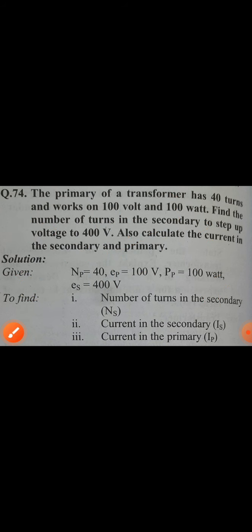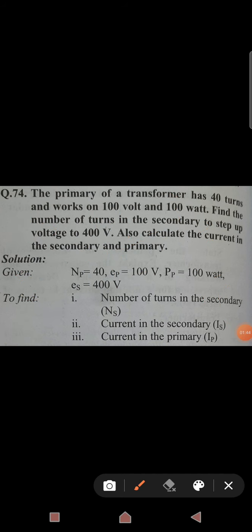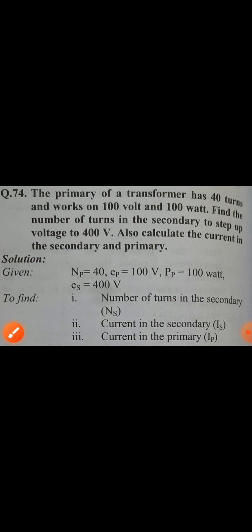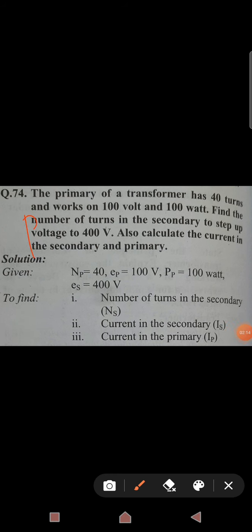While solving the numerical, we should know another formula, that power is equal to EMF multiplied by current. If I am using the power for primary, then I can write Pp, power of primary, is equal to EMF of primary multiplied by the current of primary. For power of secondary, EMF of secondary multiplied by the current of secondary. And remember, input power and output power are always the same. It means that the power of primary is always equal to the power of secondary. This is a condition for an ideal transformer.